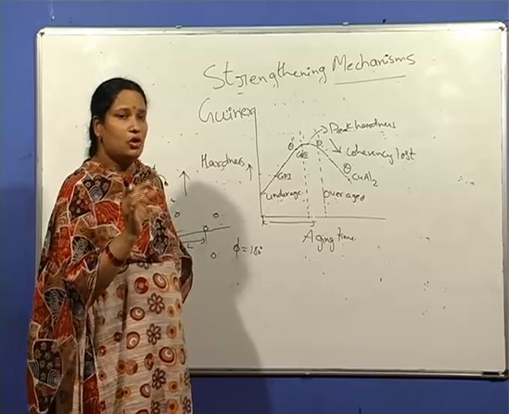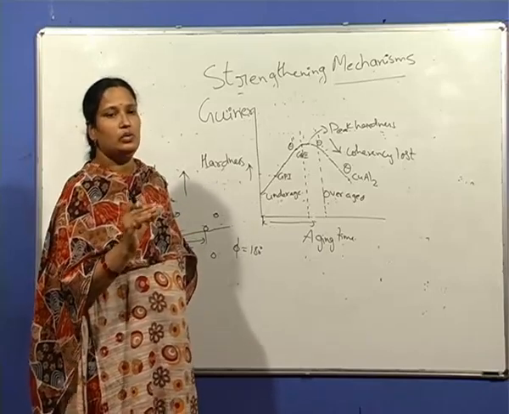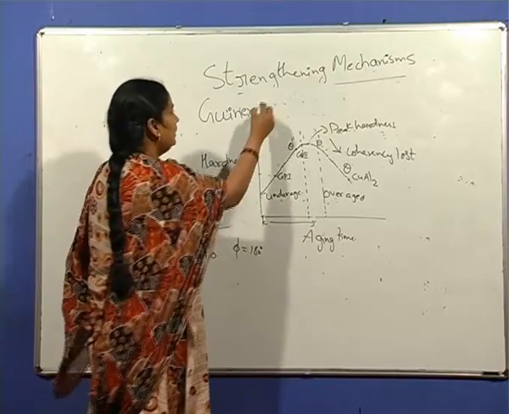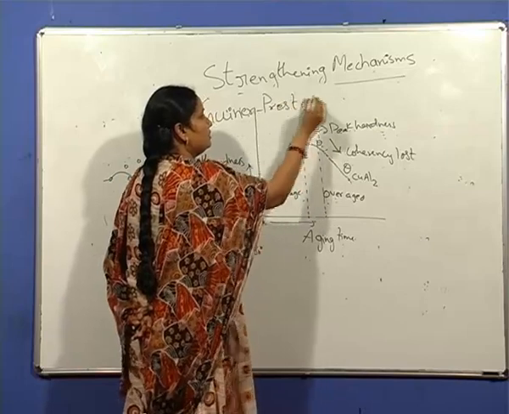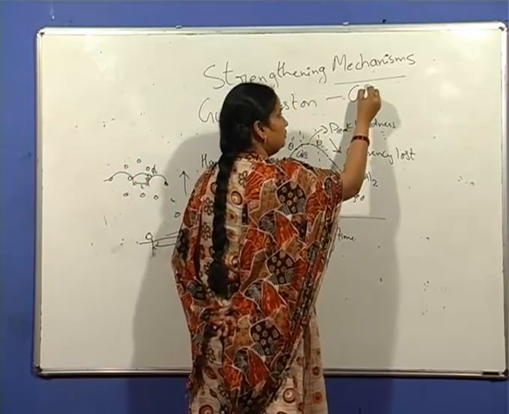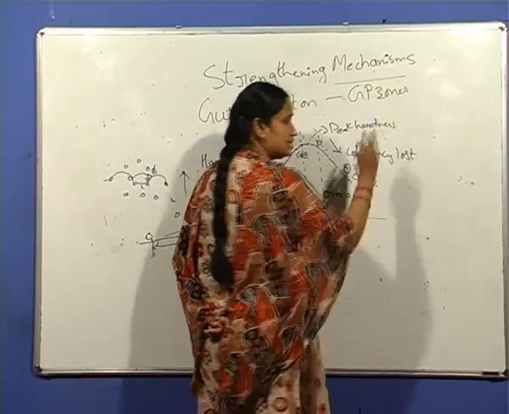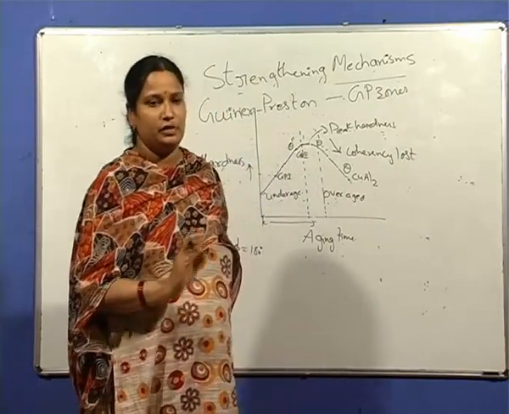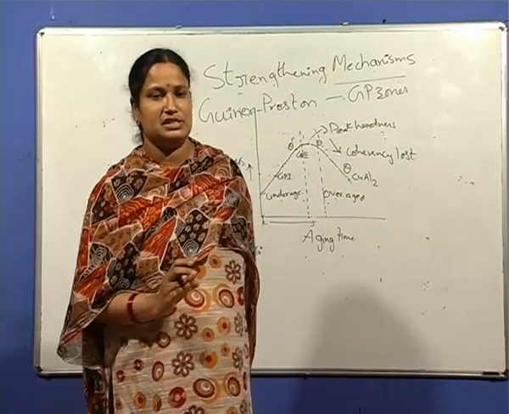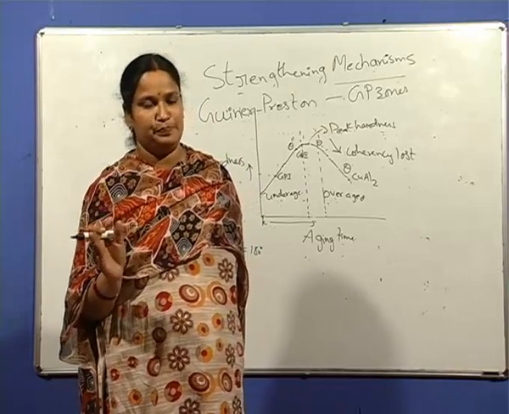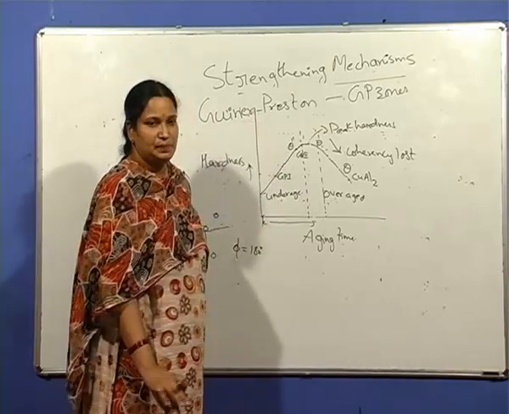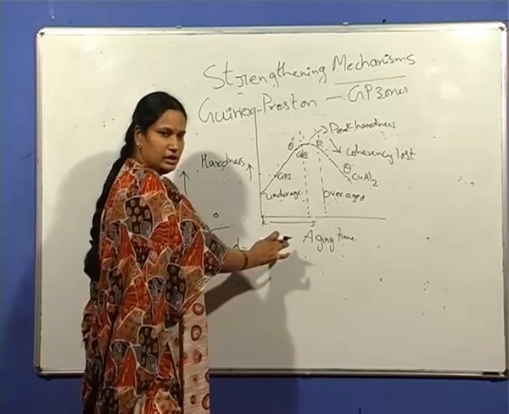Thereby these copper clusters are known as GP zones, Guinier-Preston zones. These copper clusters were first identified by the scientists Guinier and Preston by means of X-ray diffraction techniques. So these are known as GP zones. Initially, during aging,